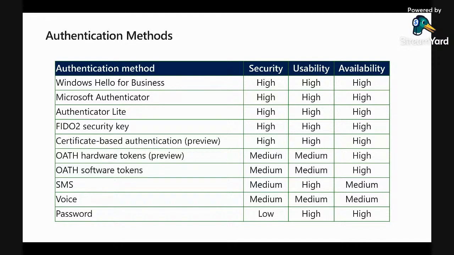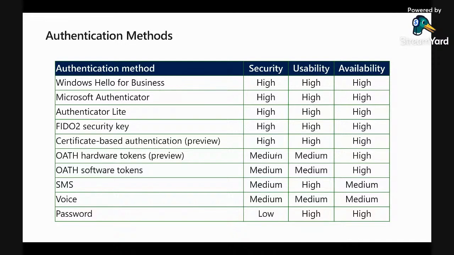So now, this is the list of authentication methods supported within the Azure environment. You have Windows Hello for Business. They all have their use cases. For instance, Windows Hello for Business is a method of authentication for devices, primarily Windows devices. It is highly secured. You have the Microsoft Authenticator, which is an app. It is also highly secured. You have the Microsoft Authenticator Lite, which is also using some form of application on your phone,